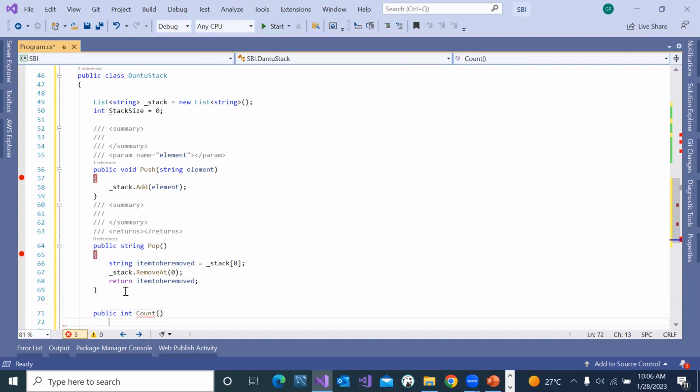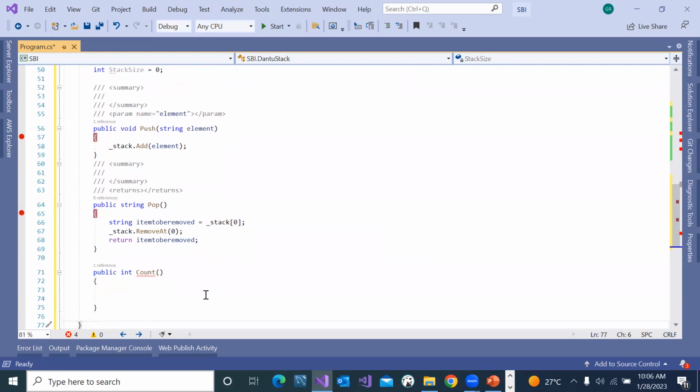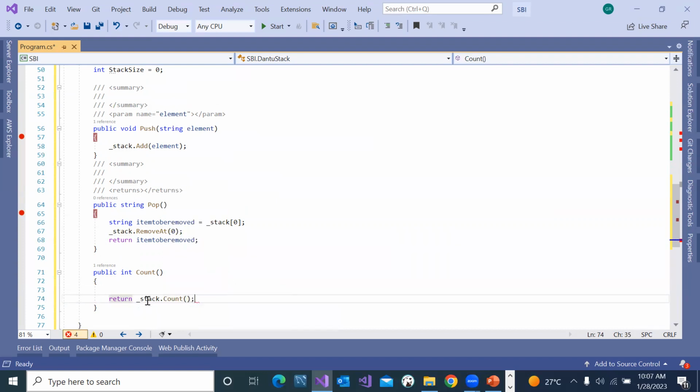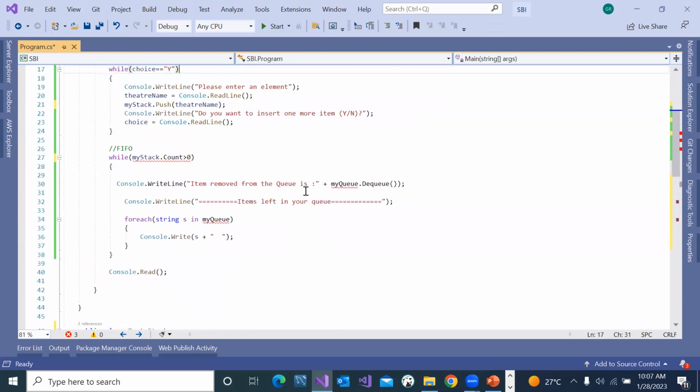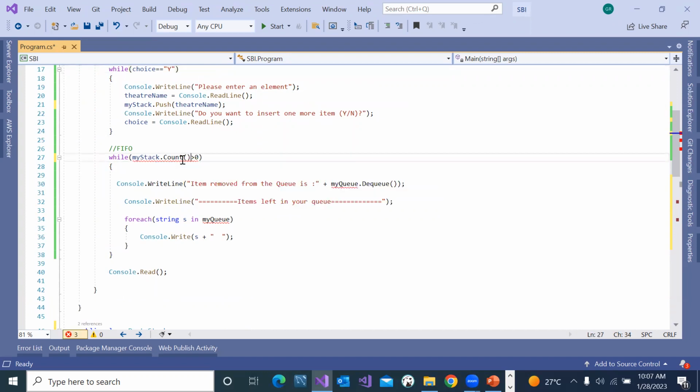What should it return? It should return the size. What is your stack name? Stack dot count. It returns the size of your collection. What is the name? Count. My stack dot count is greater than 0. It is going to be my stack dot